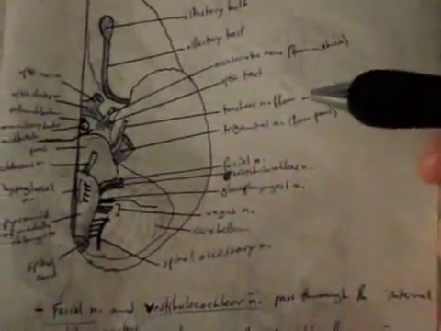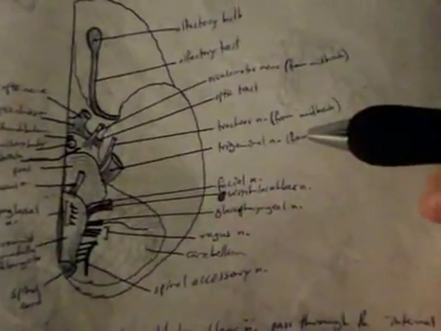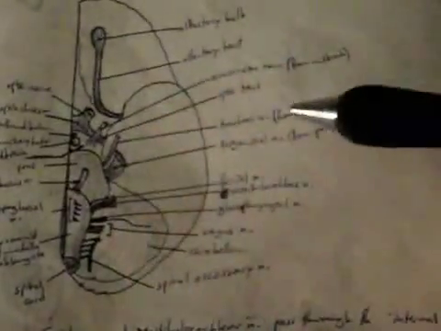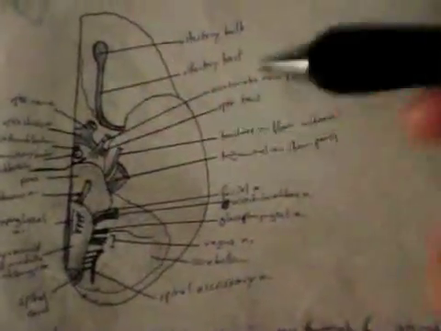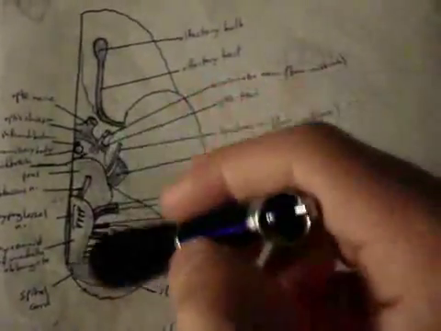The trochlear nerve, cranial nerve number 4, cannot be seen from this view fully. It can be seen from the posterior view. So this is the anterior view we're looking at of the brainstem,